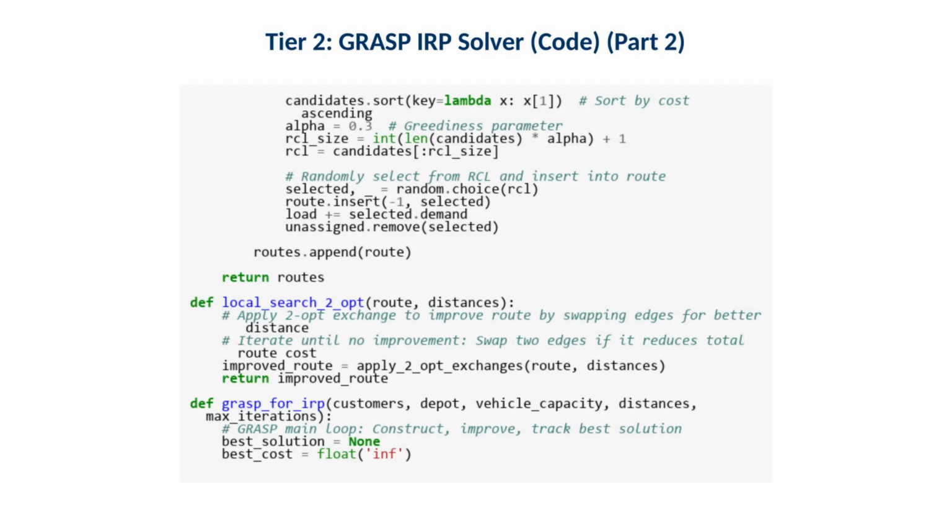In this part, you can see the implementation details in action. Key functions in this chunk include local search to opt and grasp for IRP. You will notice logic related to demand, route, iteration. As you read it, track what is computed, what is stored, and what gets updated each iteration. Also check stopping rules and guardrails so iterative logic stays stable and does not drift. A practical check is to validate this chunk against a small hand-computed example so you can trust it before using